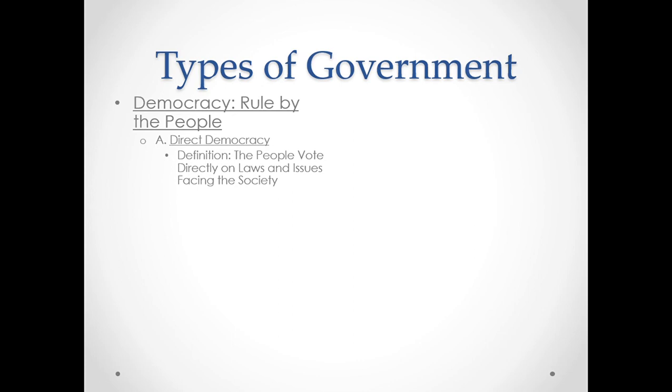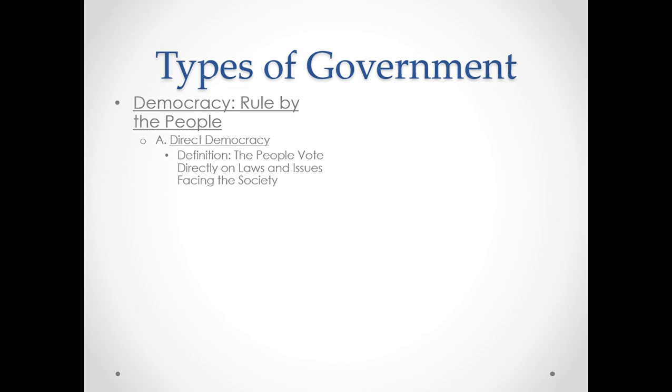So if you guys were in class and I said, hey, we're going to have a pizza party later on, raise your hand if you want pepperoni. And 7 people raise their hand for pepperoni, and I said, okay, raise your hand if you want supreme. And 4 people raise their hand for supreme. Well, in a direct democracy, the 7 that voted for pepperoni have a bigger say than the 4 that voted for supreme, and that's direct democracy. So we'd end up with pepperoni pizza.